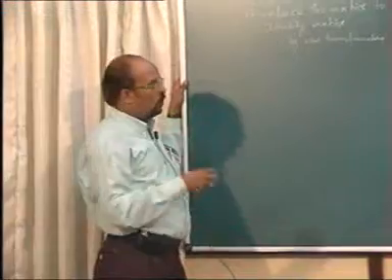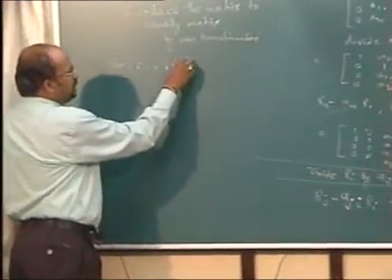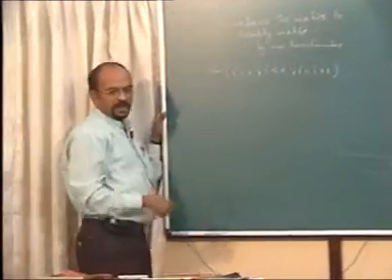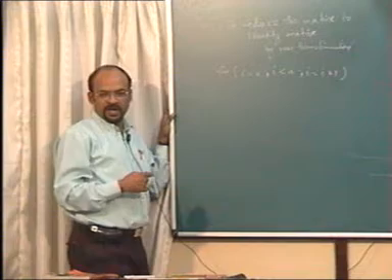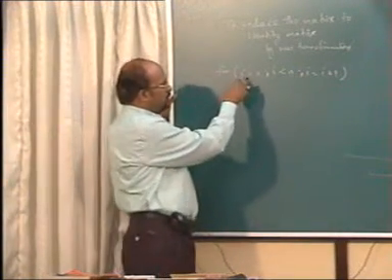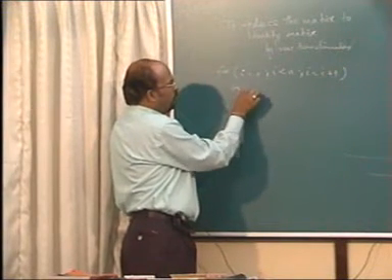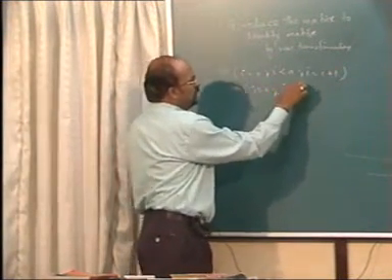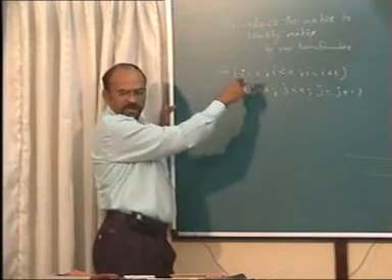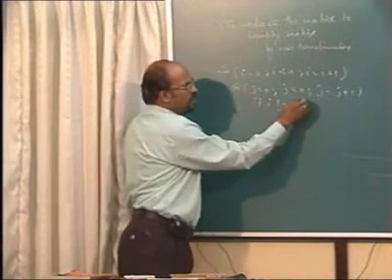Now every row, see, for i equal to 0, i less than n, i equal to i plus 1, because every row is to be subtracted. First row will be subtracted from all the others, second row from all the others. So this is the row which I want to subtract, and from j equal to 0, j less than n, j equal to j plus 1, from these rows I will be subtracting this row under the condition that if i is not equal to j, then and then only.